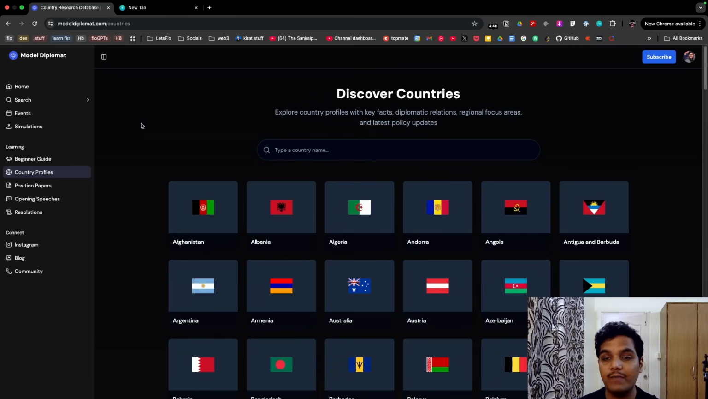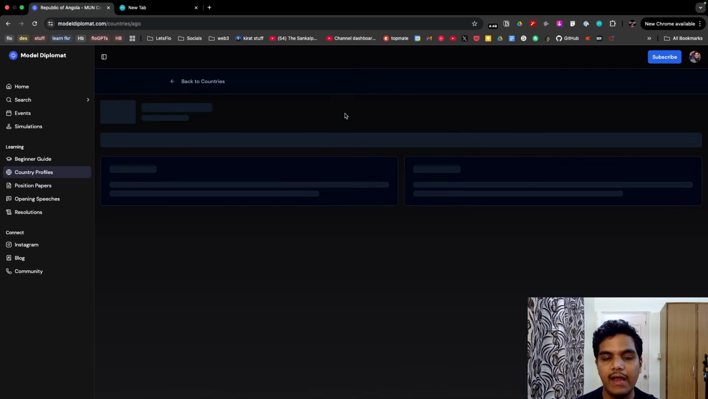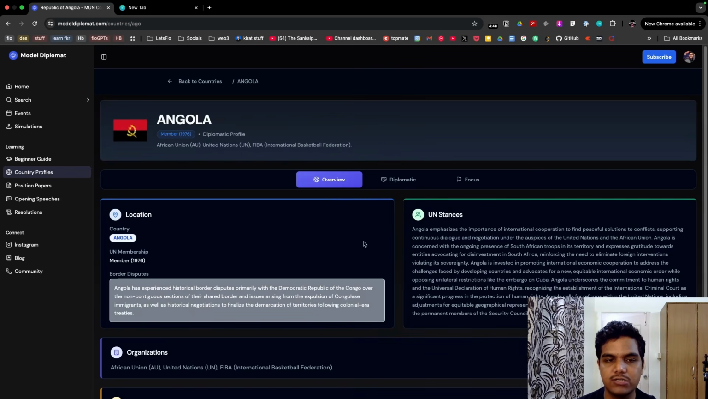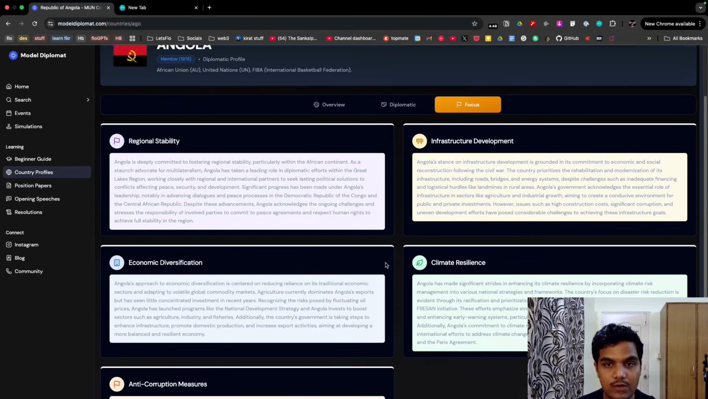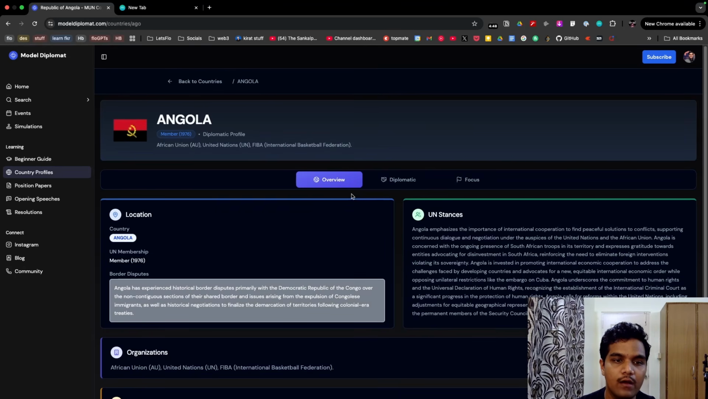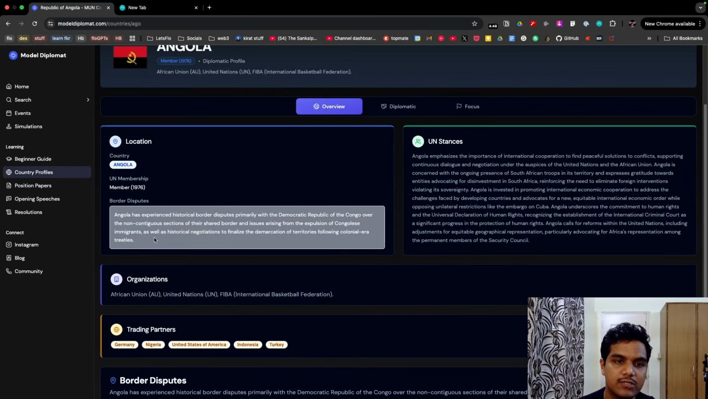Next, and one of my most favorite parts about this is the country profiles that it comes up with. With the country profiles, you can literally look at any country, and you will find a detailed view of what the stance of the country is, where the location of the country is, what the UN stance of the country is, what the diplomatic relations are, and the key areas that you need to focus on, right? If you go back to overview, you'll find a bit of history